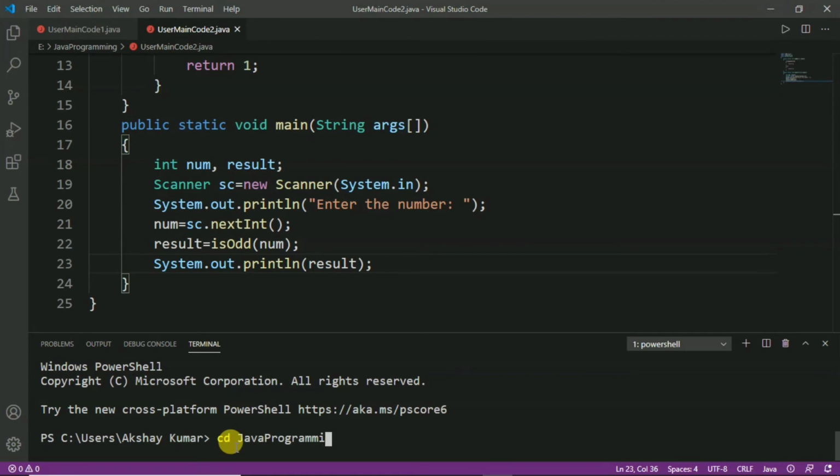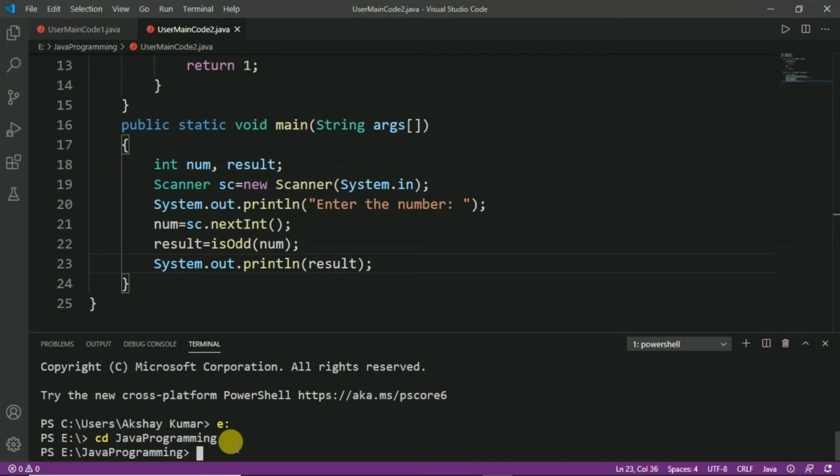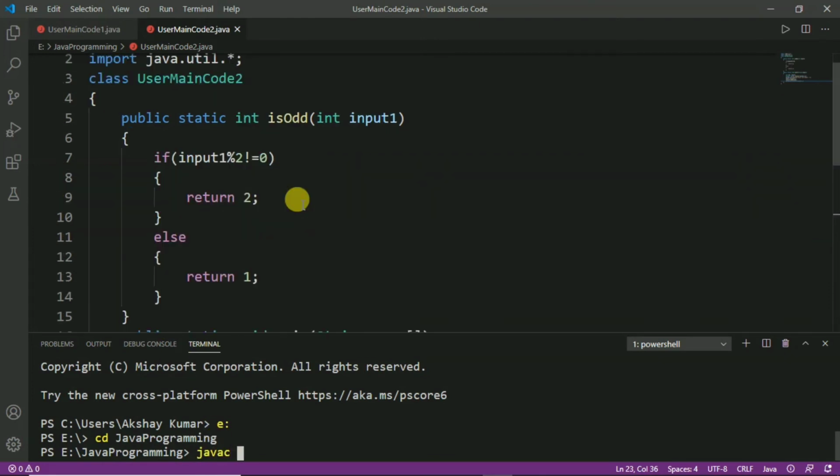Before this, we have to go into the drive. It is present in the E drive, so we have to go into the E drive. After that, here we have to write cd Java programming and press enter.